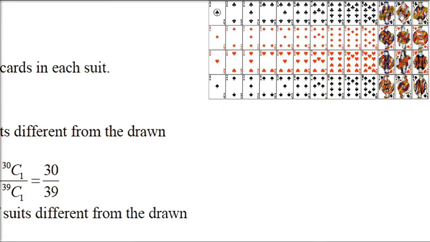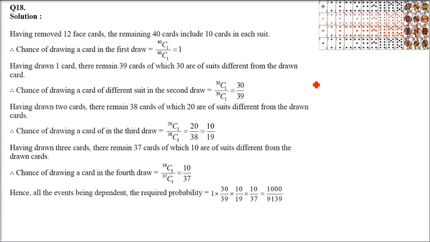So these are 52 cards and we have 4 suits. So we have heart, spade, diamond like this. 4 suits are there. Every suit has 3 face cards where you see pictures: king, queen and jack. So this is one way of solving. I'll tell you a more straightforward method.